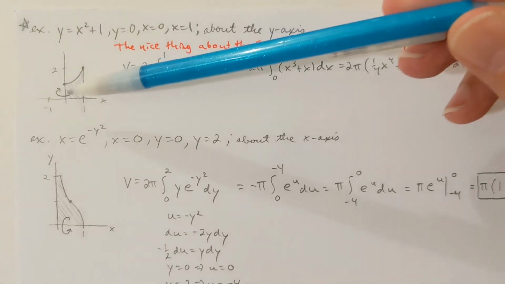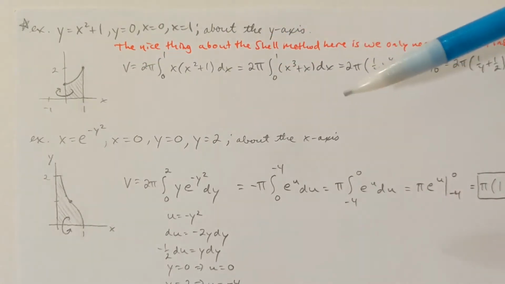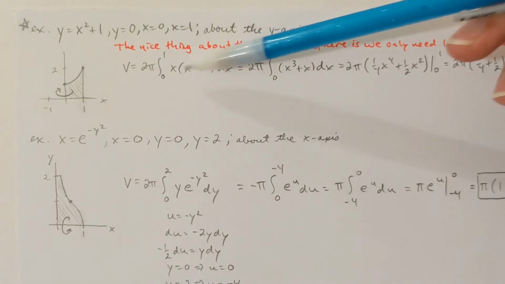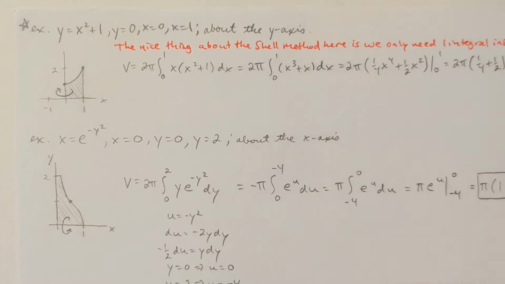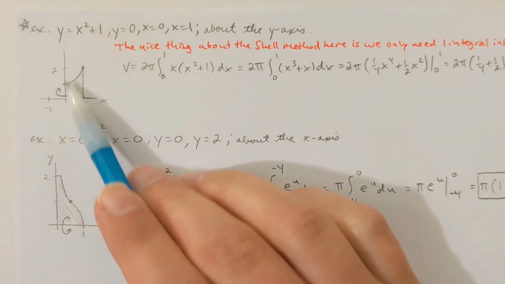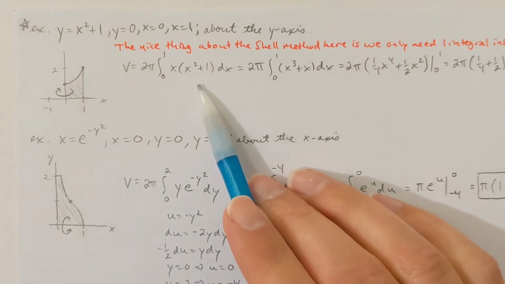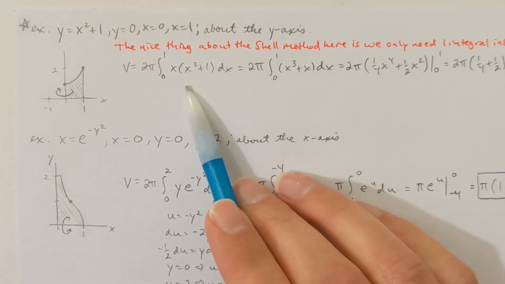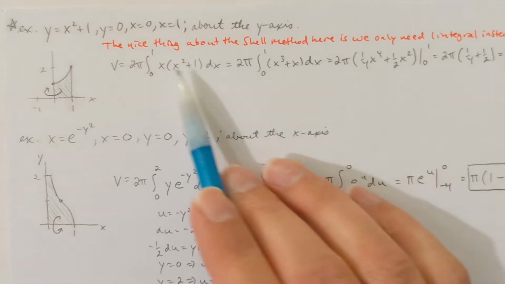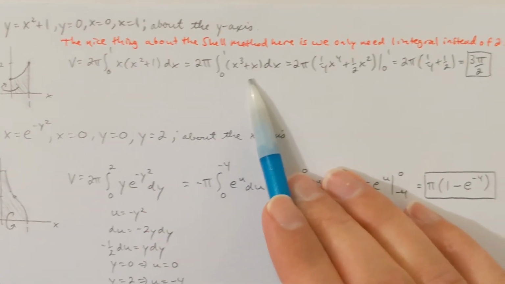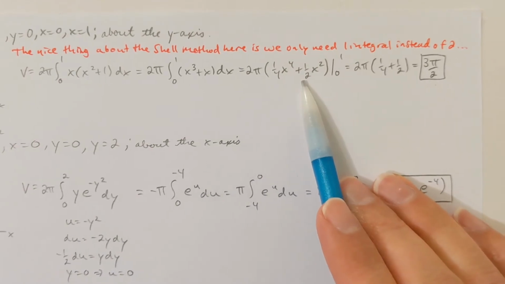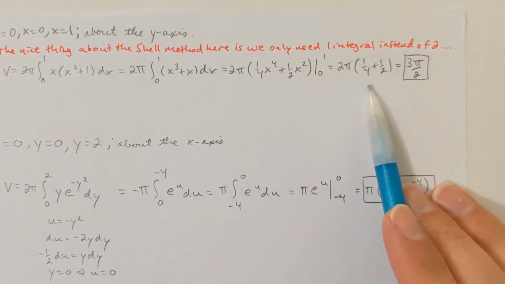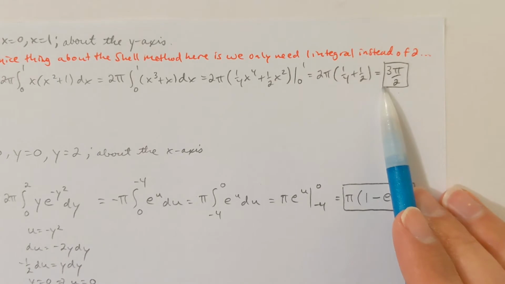The conditions on x are that x is going from 0 to 1. And inside the integral, I'm going to have x times the function. Okay, since I'm rotating about the y-axis here, k is 0. Well, the function is the parabola, x squared plus 1. Stick a dx at the end. Okay, distribute x, and then find the antiderivative, and then plug in your bounds, and you get